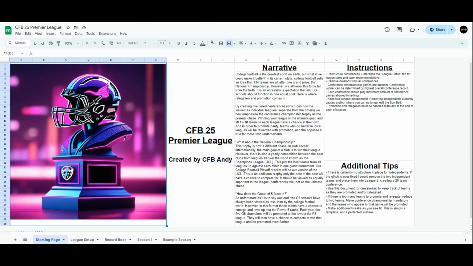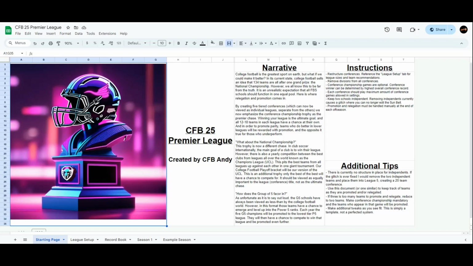Today, I want to introduce to you College Football 25 Premier League. I know a lot of people have expressed desire to create and implement a promotion and relegation system into their College Football 25 Dynasty leagues. This could have been done in the past in NCAA 14 as well, but I wanted to provide my perspective as well as a resource in how you could easily start your own Dynasty league that involves different leagues of